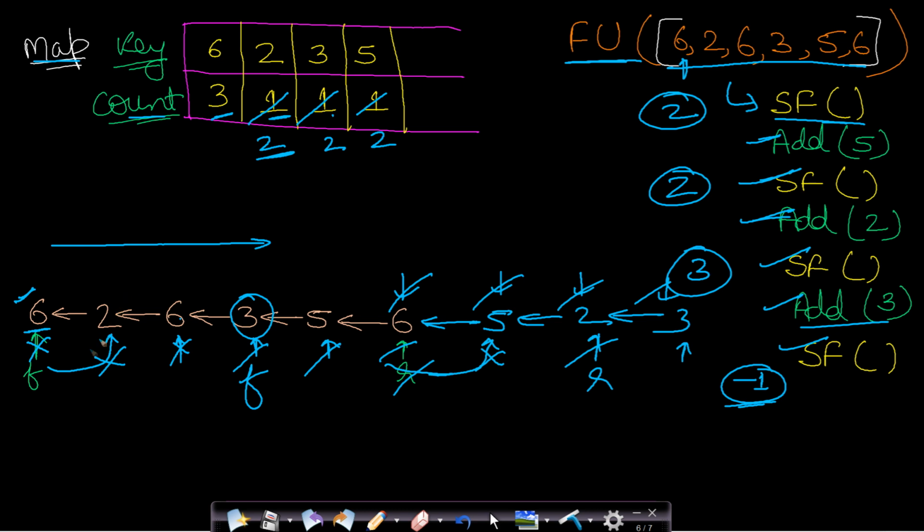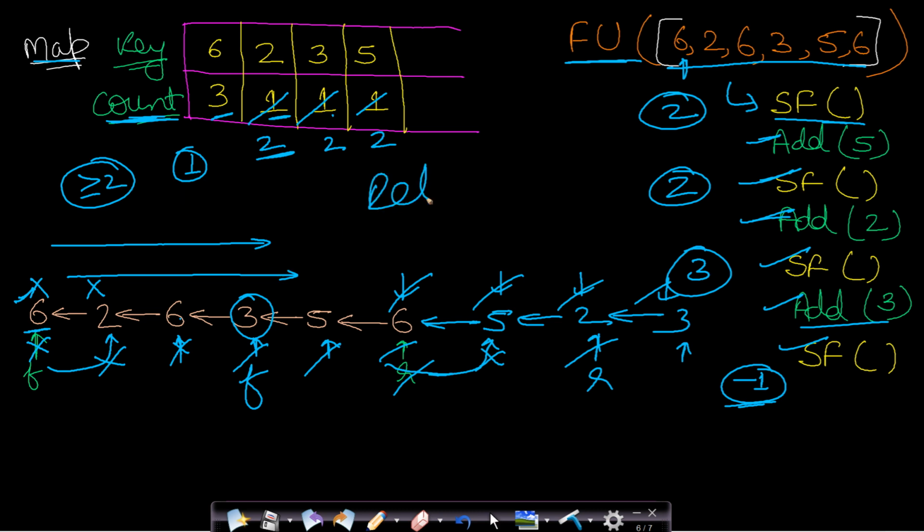So you might be thinking that when we are moving from left to right in this queue, then we are not decreasing the count value. Well, actually, we are not deleting these elements. We are just removing these elements, because once you have added an element and its frequency has become greater than or equal to 2, then frequency can never be decreased because there is no delete function. So whenever in this queue you find some element which has been repeated, then you will simply discard that element and move to the next element.